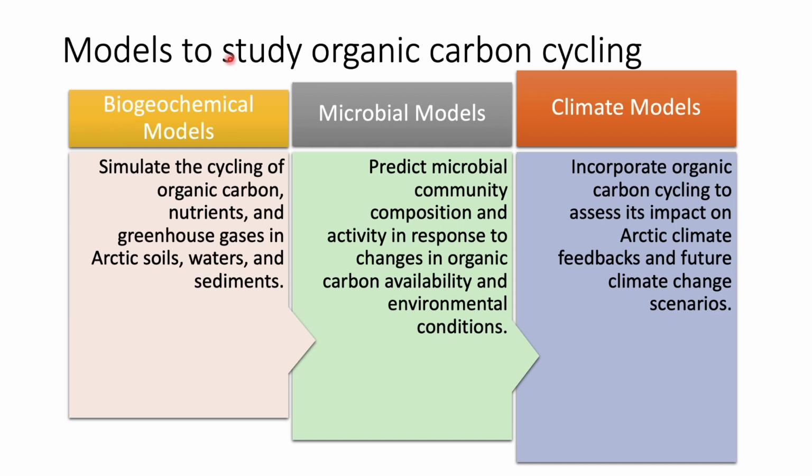There are various models that are used to study organic carbon recycling. One is the biogeochemical model. Here they simulate the cycling of organic carbon, nutrients and greenhouse gases in Arctic soil, waters and sediments. Another one is the microbial model. It predicts microbial community composition and activity in response to changes in organic carbon availability and environmental conditions. This is a second model which people use. The third one is the climate model. It incorporates organic carbon cycling to assess its impact on Arctic climate feedback and future climate change scenarios. These are some of the models people use to study how